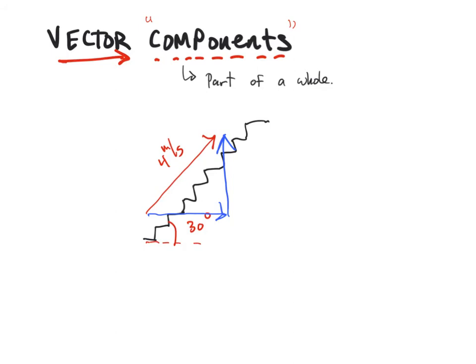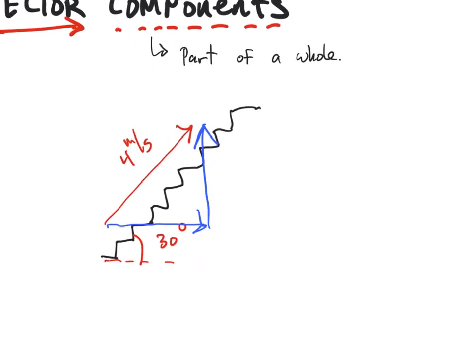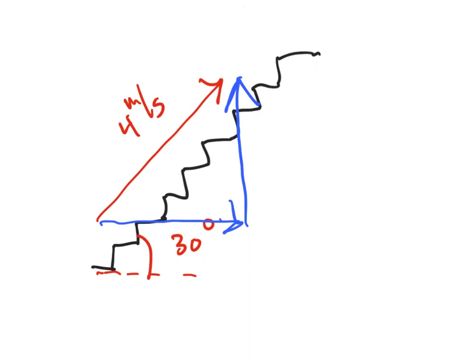And so maybe you can see now where we're going. I now have a right triangle here, and I know the hypotenuse, but I don't know the legs of the right triangle. So I'm going to do essentially the opposite of what we did in the previous example involving the canoe on the river. I'm going to start with the hypotenuse and figure out the legs. And these legs are called the components. And maybe I'll call this the y component since it's vertical, and I'll call this one down here the x component